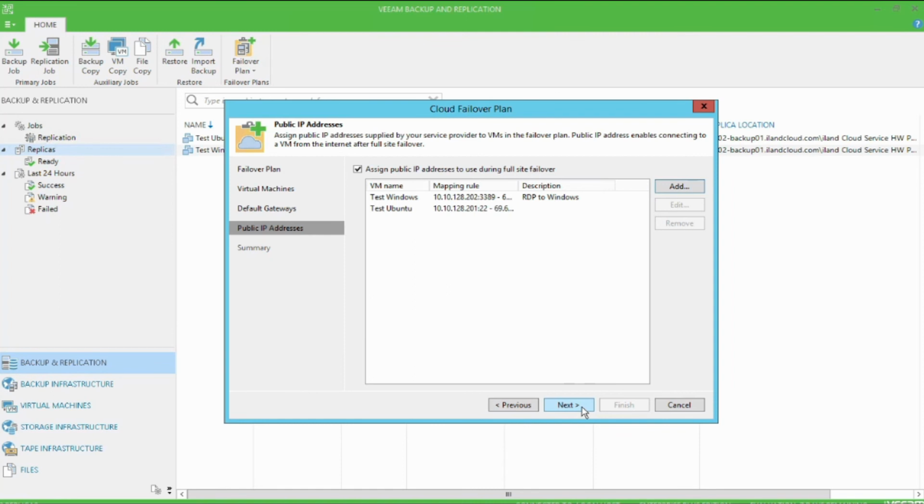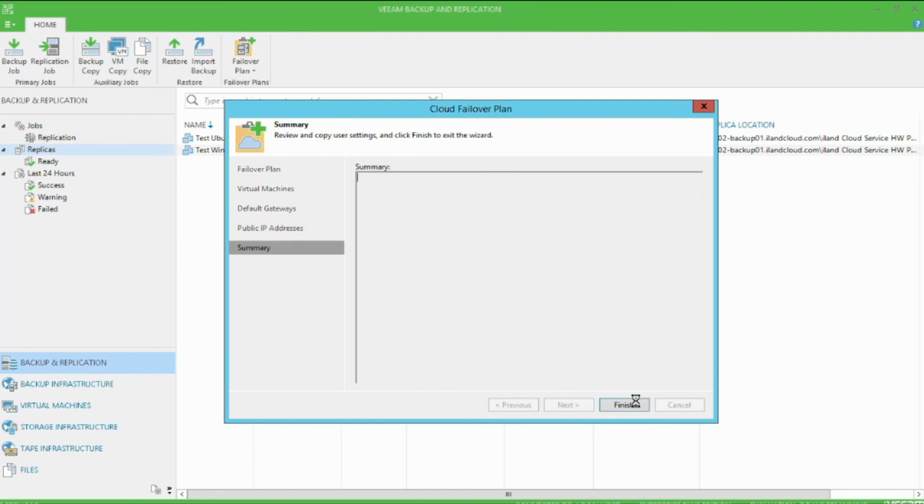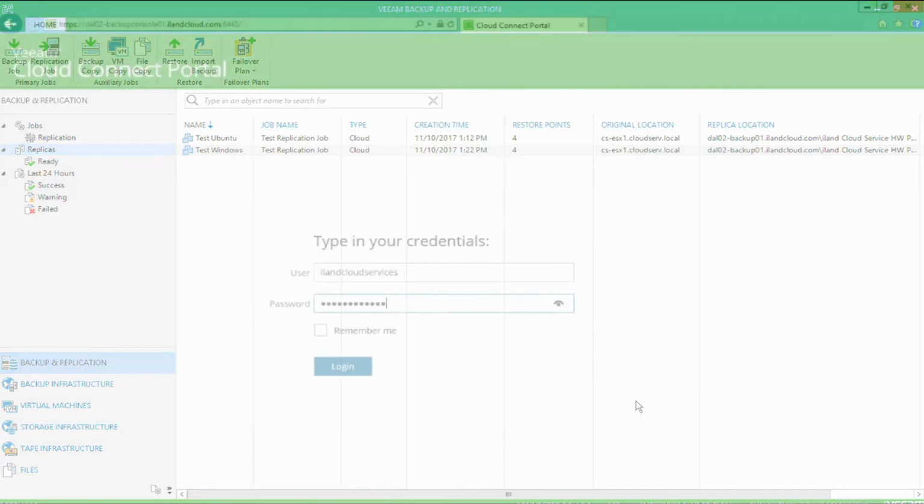It's important to create these NAT rules, as this will be your only way to access the replica servers during a failover. At this time, only iland engineers are able to view and manage your replicas from the VMware level. We'll go ahead and hit Next here to the summary page, and then we'll click Finish to close out the wizard. And then we can check out the Veeam